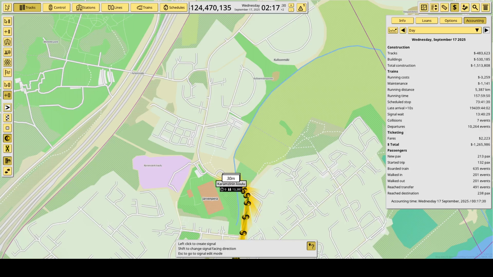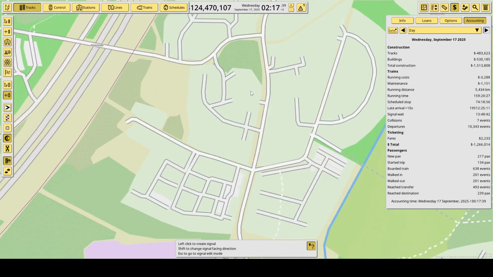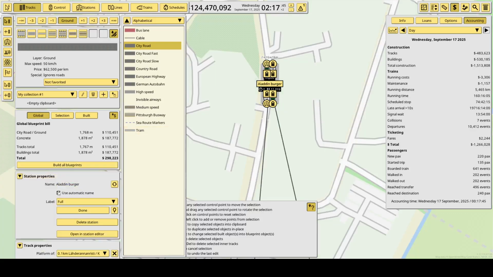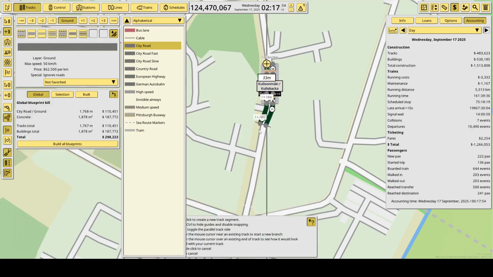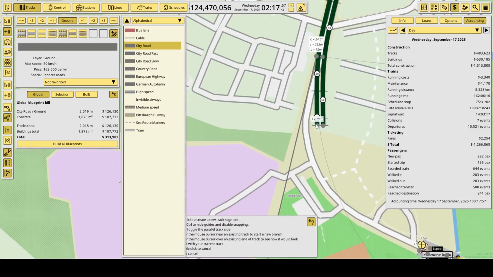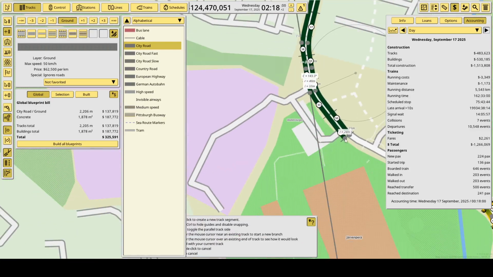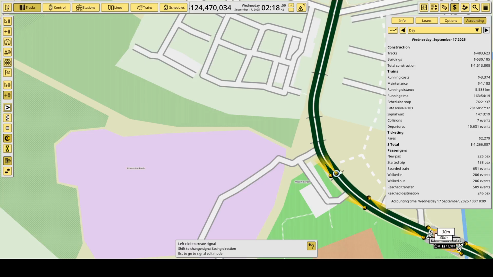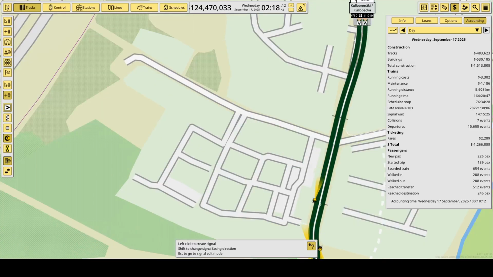After Karamzinin koulu, we will then stop at the Kullomäki, Kullopakka, which is over here. Oops.